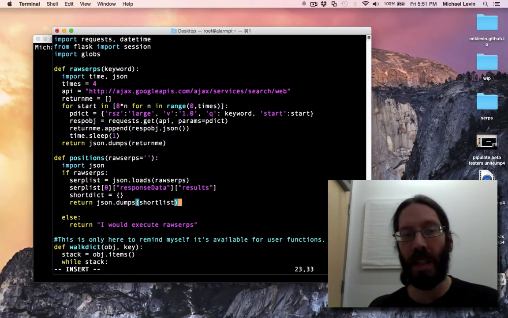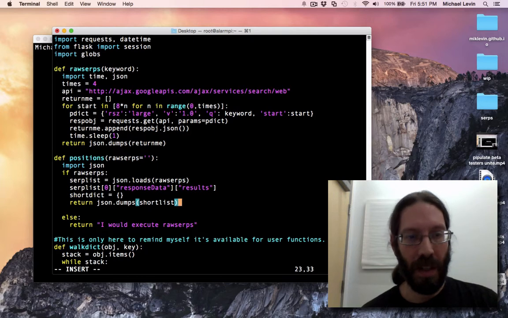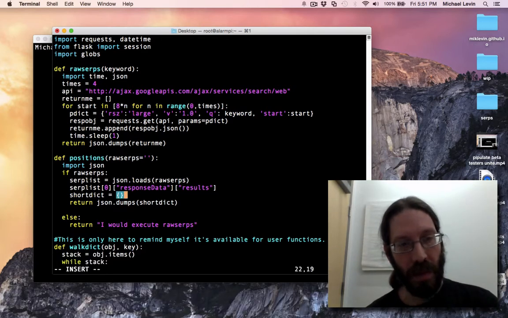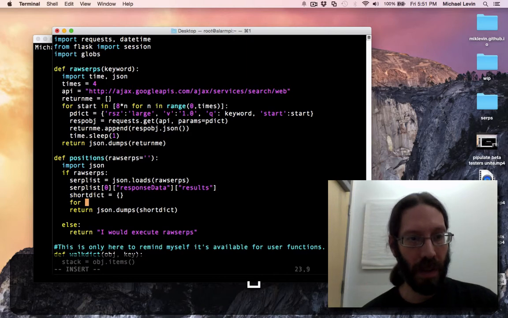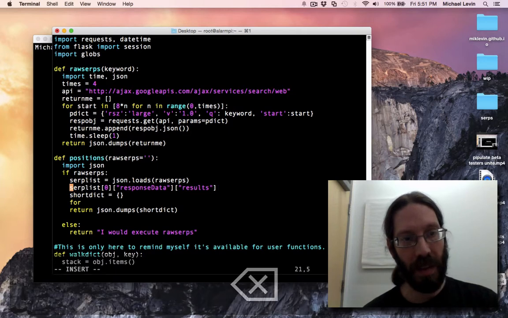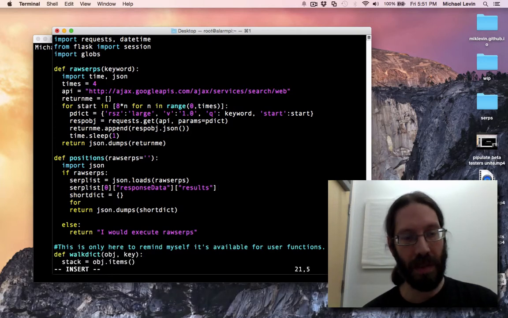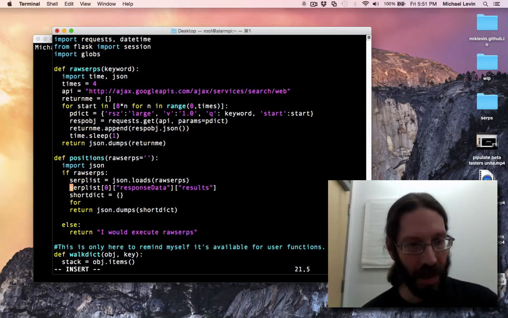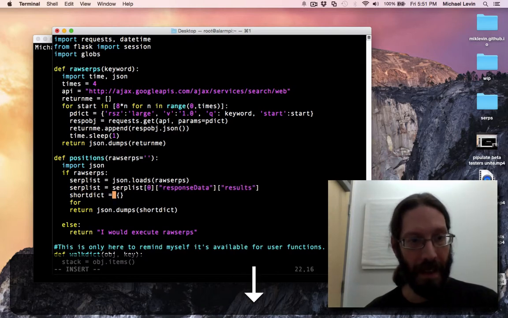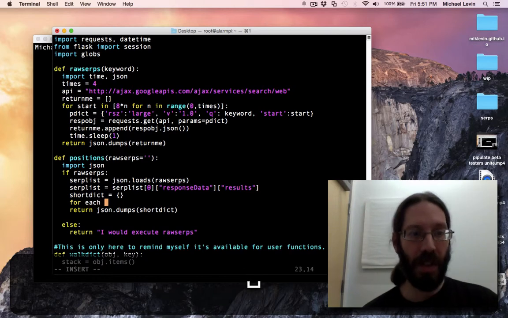Yeah. You're going to need to know what position things are when you look at them at a quick glance. You'll know what I mean by this in a moment. For, oh, this has to be something here. This is now SERP list 2. This is really the SERP list. We're tearing stuff away. Let's just recycle that name. SERP list equals, yeah. And for each result in SERP list,